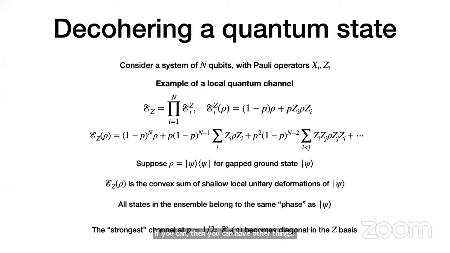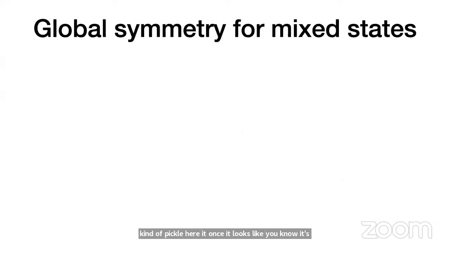Yes. All right. Okay, so this is what a kind of decoherent quantum state looks like. It's just messed up. You messed it up with some excitations. Now, since we're talking about symmetry-protected phase, we have to first think clearly about what symmetries are for mixed states. Here comes a very important distinction between two kinds of symmetries in mixed states, which I think go under the name of strong and weak symmetries in some literature.